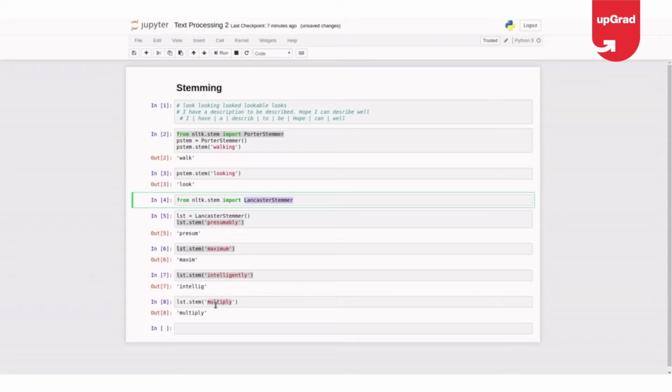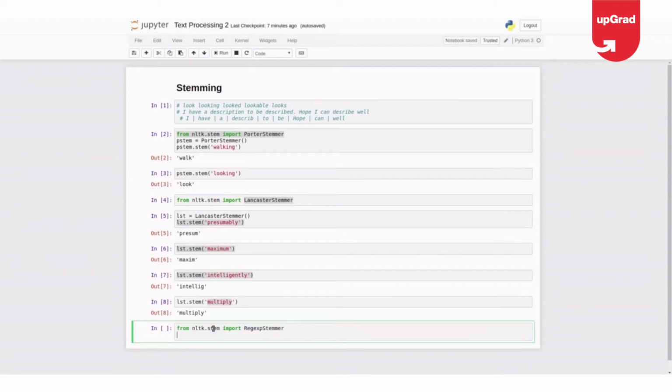Suppose you want to create your own custom stemmer, how do you do that? I'll do that for you. From nltk.stem import RegexpStemmer. Now I say rst, some random variable, equal to the regex stemmer.